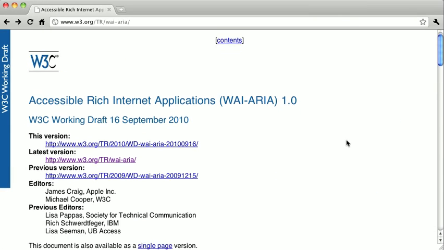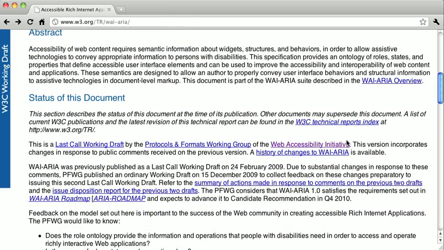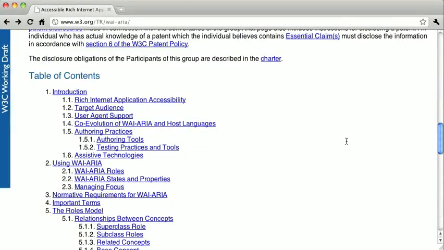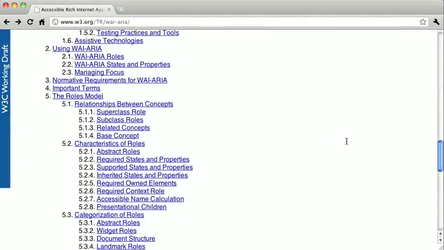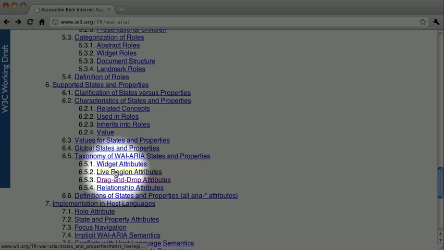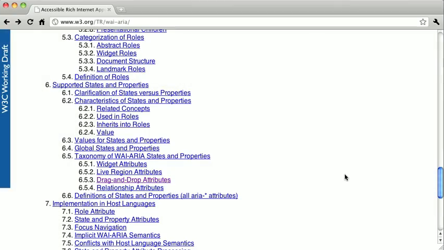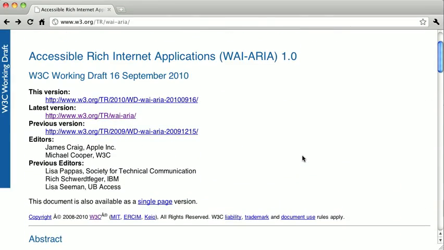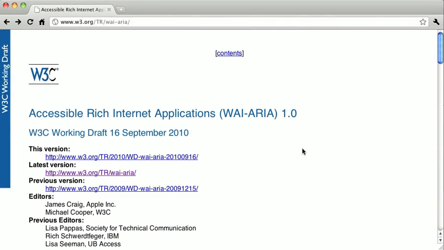This document basically outlines a new way of building web applications. There are a lot of very abstract layers, but at its core, they're basically trying to formally define things like widgets and drag and drop attributes. They're also doing things like defining application state and so on. In February 2009, the document was published as a last call working draft, but it was pulled because there was so much feedback. Now, as you can imagine, creating a framework for building complex web applications is no simple task,